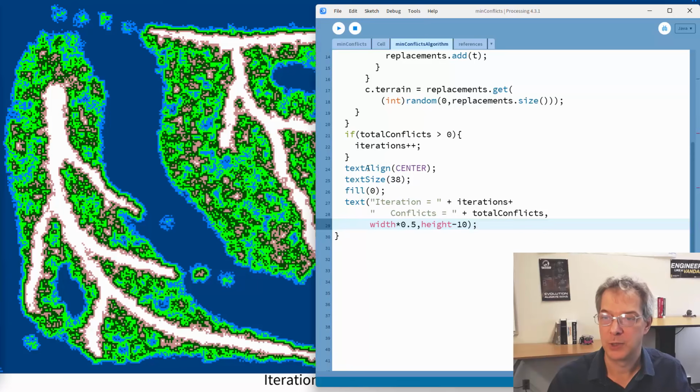There we go. So I'm going to center align my text. I'm going to use a nice big text size. I'm going to fill in. I'm going to make my text 0, which is to say black. And then this just prints the word iteration equal, and then the number of iterations I've gone through so far,